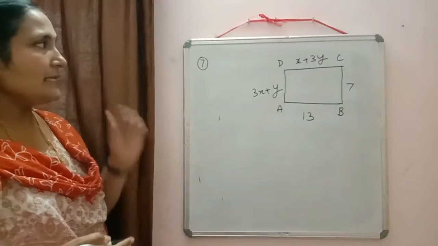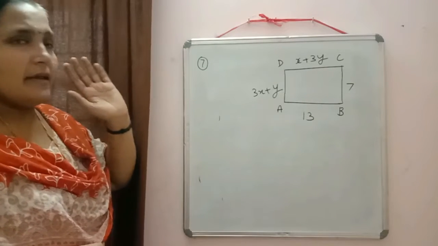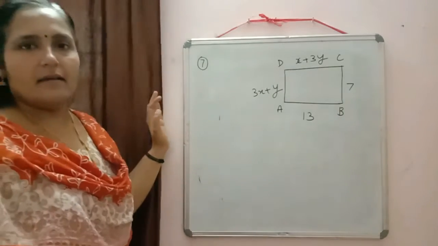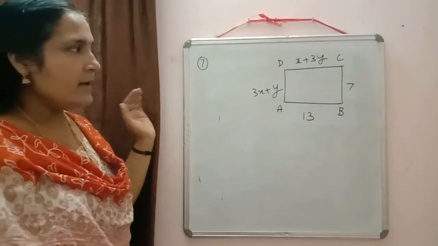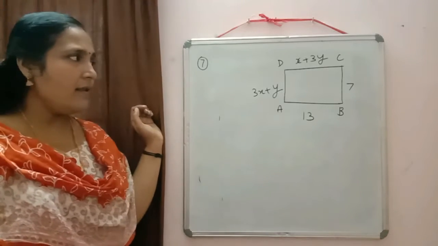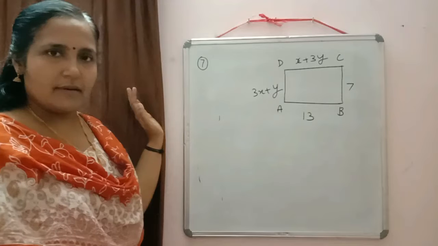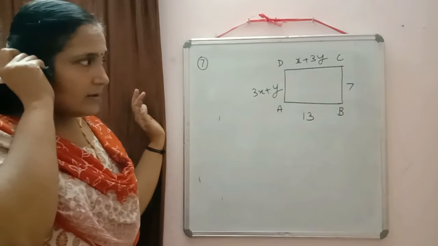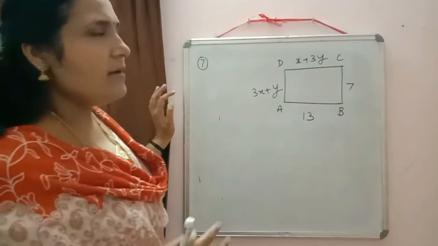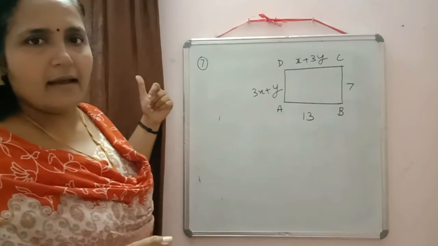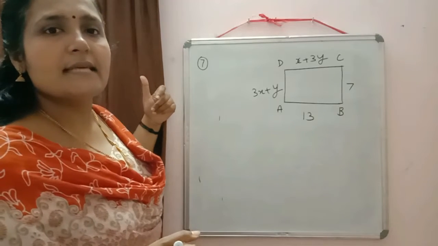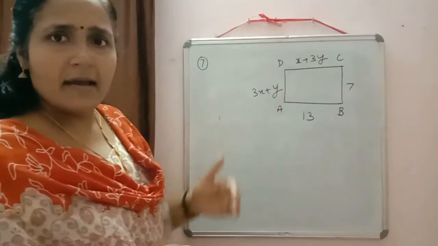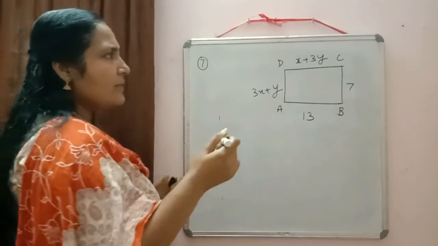All of you can check here in question number 7, the information which is given is that ABCD is a rectangle. That is the information given. ABCD is a rectangle. Find x and y. So sides are given there. What do we know about the property of a rectangle? In a rectangle, opposite sides are equal. So in a rectangle, opposite sides are equal. Then what will we get by that concept?